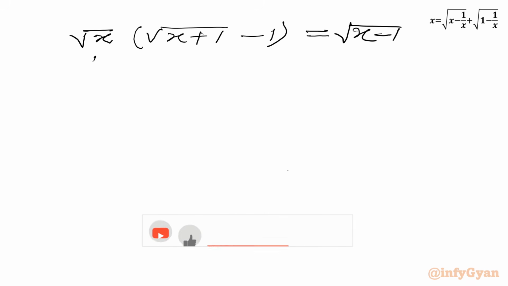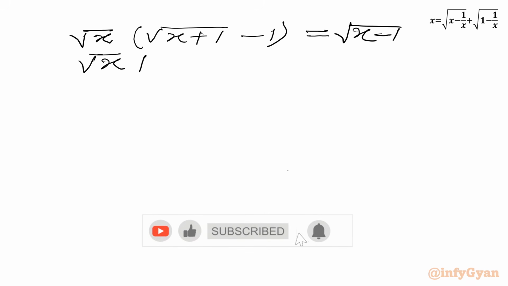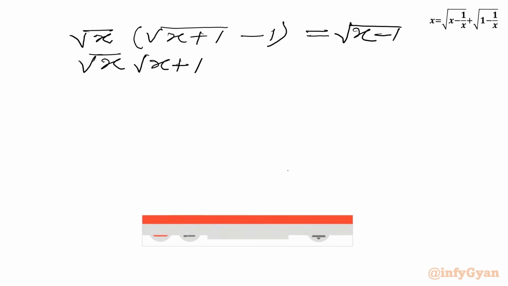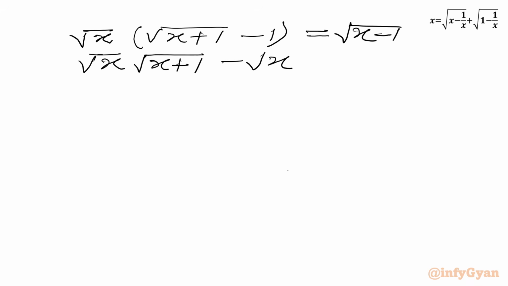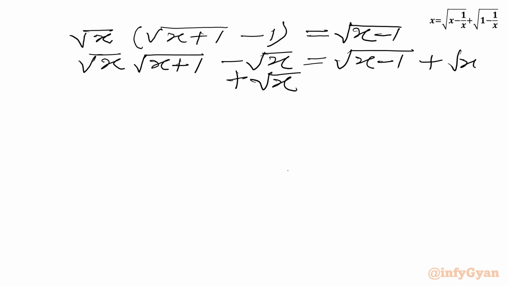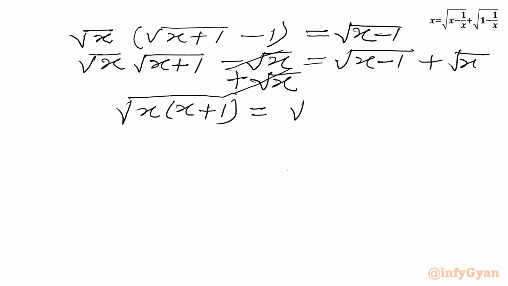Let me write the equation once. So we can write square root x times (square root x plus 1) minus square root x equal to square root x minus 1. Now we will add square root x to both sides. So we will cancel square root x with plus sign and minus sign. We can write here square root x times (x plus 1) on the left-hand side, and on the right-hand side we have square root x plus square root x minus 1,